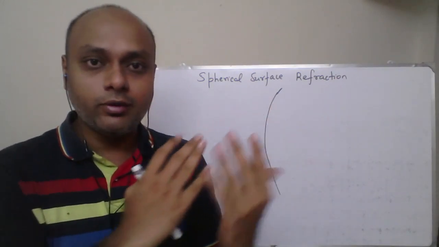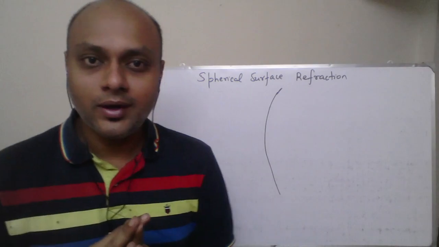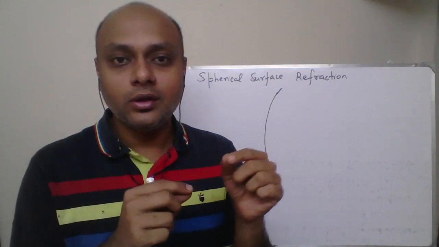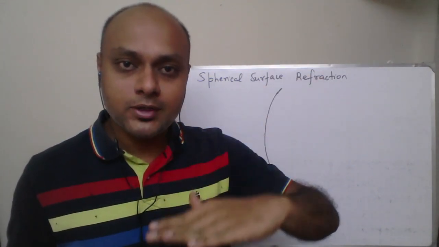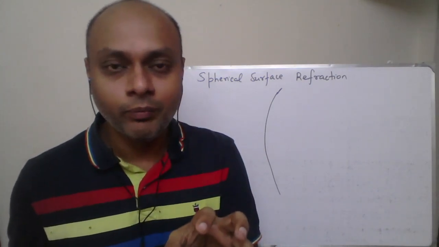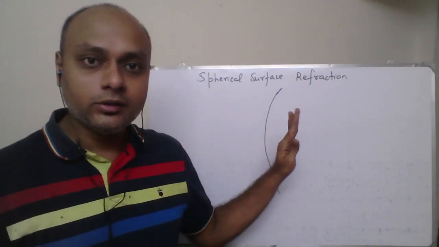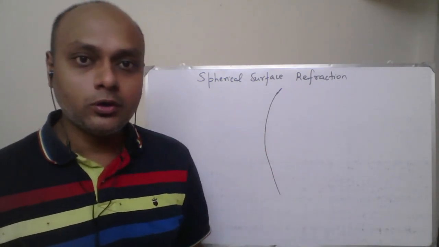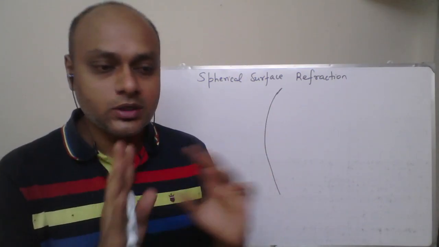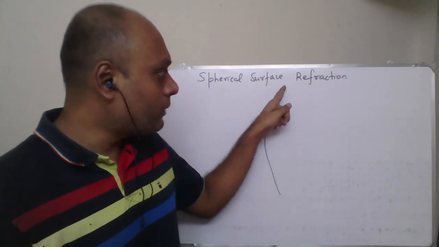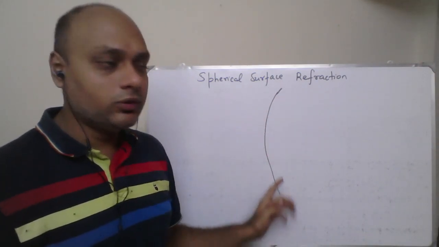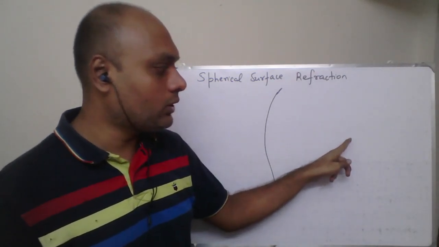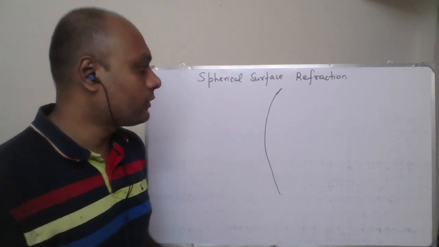If you make the surface the other way around, you absolutely can, but in the ray diagram things will look a little congested because of the refraction which is going to take place, the bending towards the normal and away from the normal. So let's see here how it is not going to be congested. You will nicely be able to see all the notations. Make the surface like this, the interface facing that side. Over here the center of the sphere is to the right. Make an orientation of this sort.